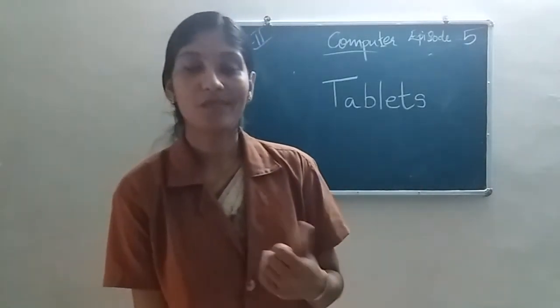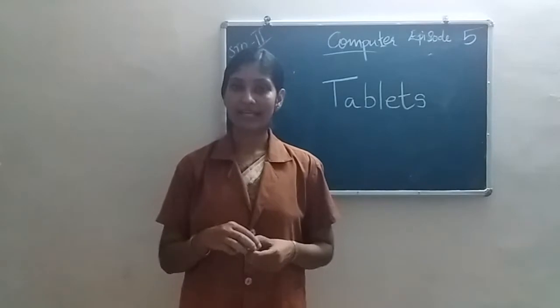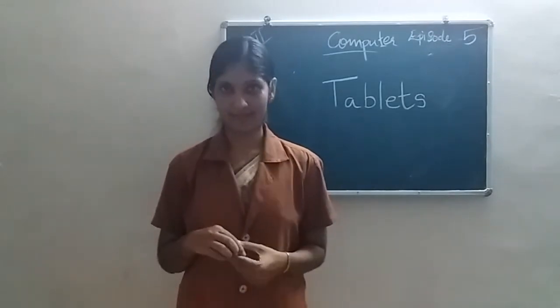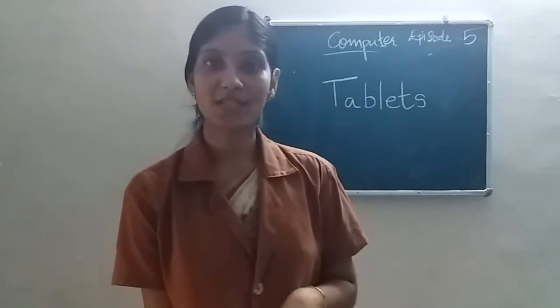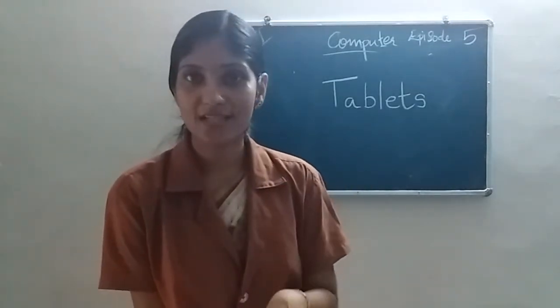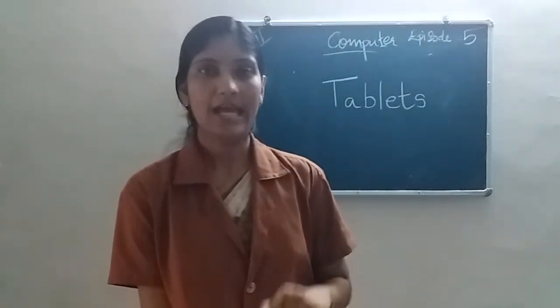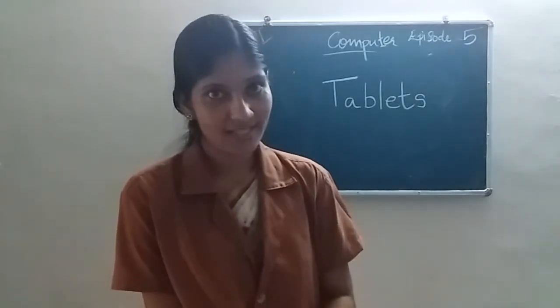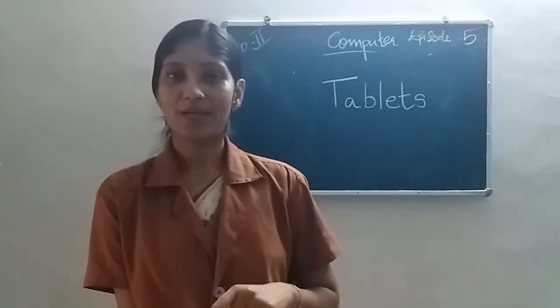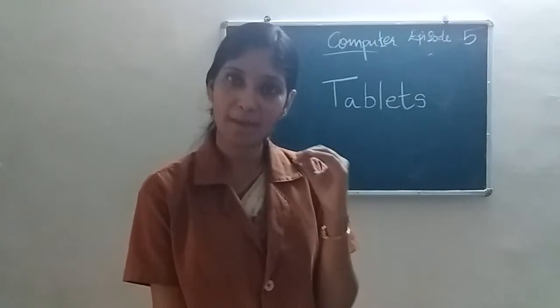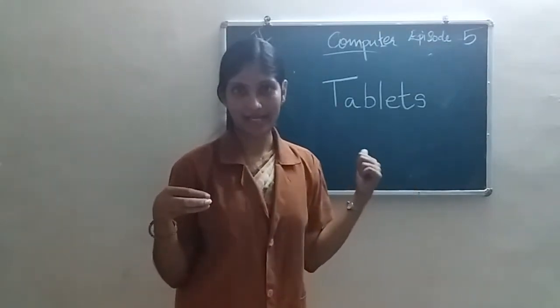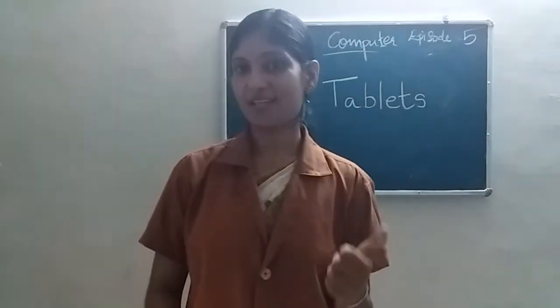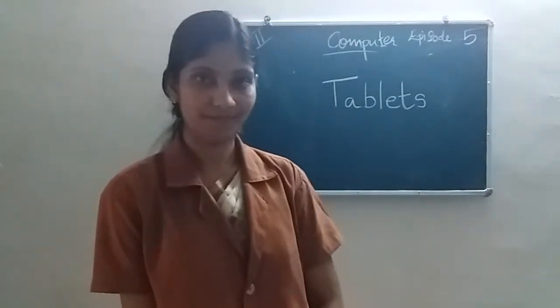Okay. Then it has a screen, and a user can touch the screen with our fingers. So what is the peculiarity? It's operated by using a touch screen. We can touch using our fingers. In some types of tablet, a stylus may be available. Stylus means it looks like a pen. We can touch the screen using that stylus. That is stylus. It is a device for touching the screen.